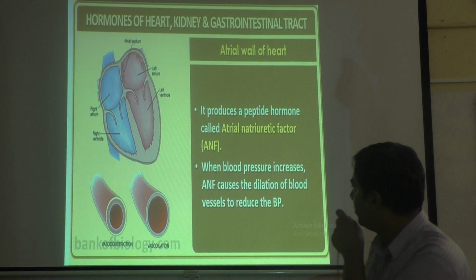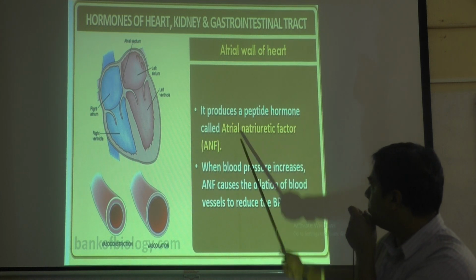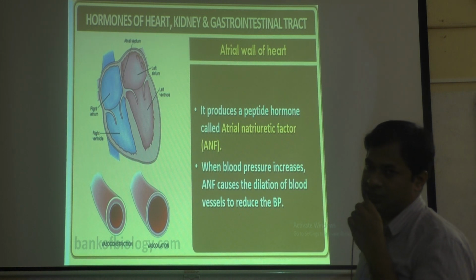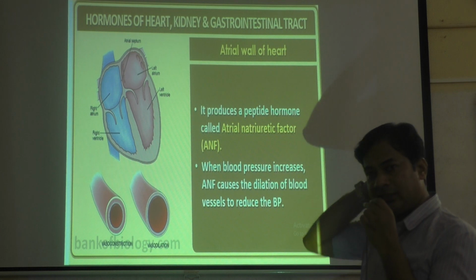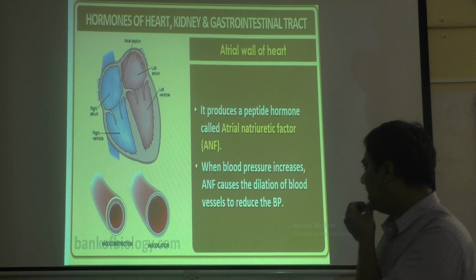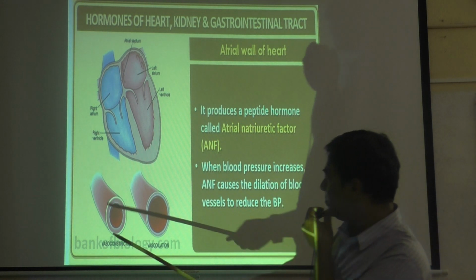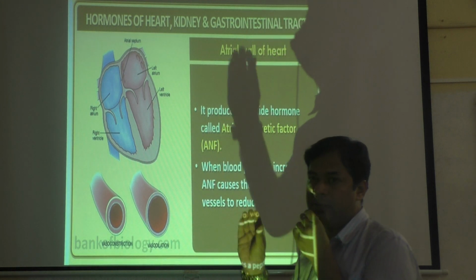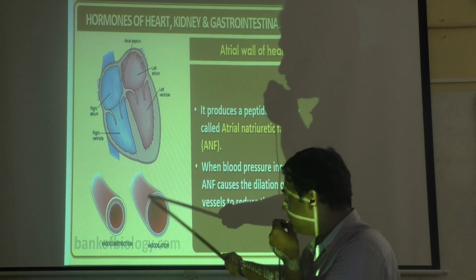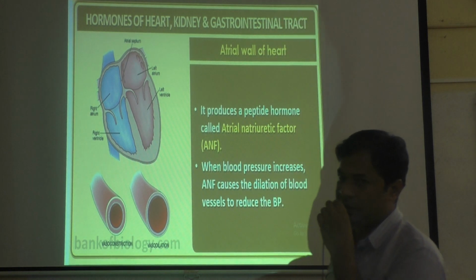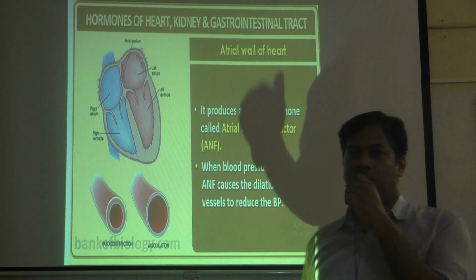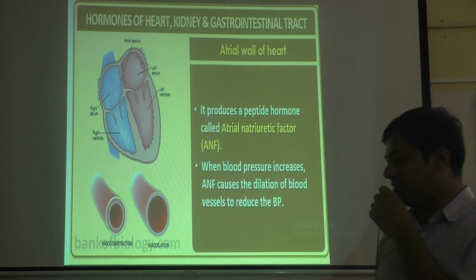They also produce some hormones. You already know this. Heart produces peptide hormone called ANF, atrial natriuretic factor, which is required for kidney function. Then when blood pressure decreases, ANF causes dilation of blood vessel. You see, this is vasoconstriction, means blood vessel becomes narrow, less space in the blood vessel. Vasodilation means it widens, more space in the blood vessel. You already know this meaning, I have explained on the board. So for vasodilation and to decrease blood pressure, ANF is required.